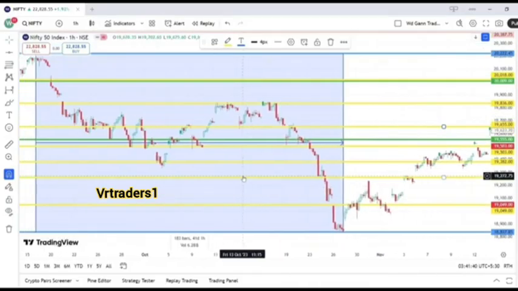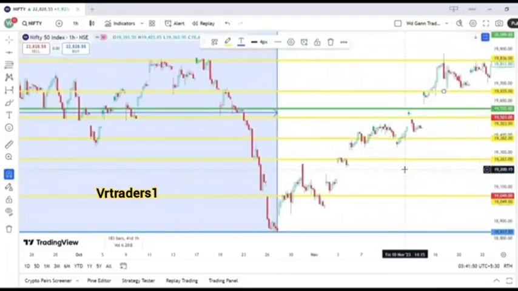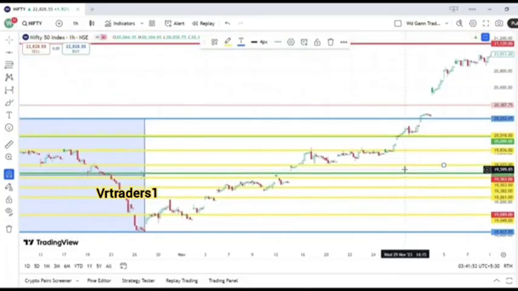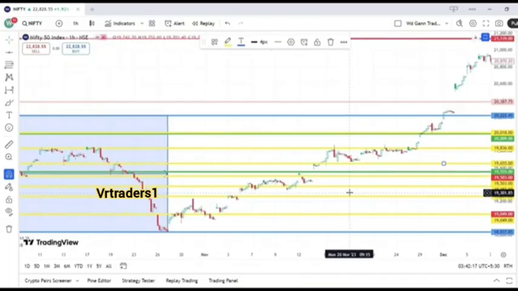The yellow lines are the minor levels. The green and red lines are the major levels. We are not able to see the red lines because yellow lines are coinciding with the red lines. But here you can see how perfectly it is following all the levels. Here you can see that it was working as very good resistance level. Taken resistance first time, second time, third time, fourth time and fifth time. Here it broke the resistance, retested and again started the move. Here you can also see taken the resistance first time, taken the resistance second time. So here you can see how perfectly Nifty is following these levels.